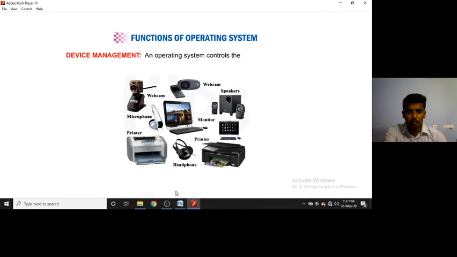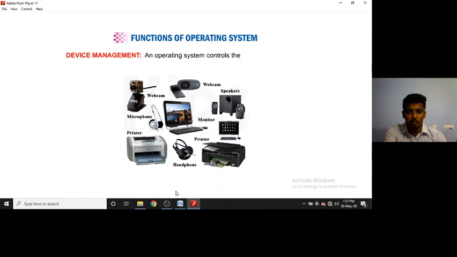So whatever gadgets you bought from the market or from e-commerce sites like Amazon, does it start working directly when you connect it to the computer? There is one software called device driver. Once you install the device driver in your operating system, only then does it start interacting with the devices attached to your CPU. Nowadays most devices come in the form of Bluetooth. So the Bluetooth settings are also in what? They are in the operating system. Who controls them?